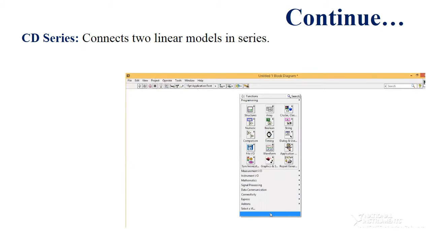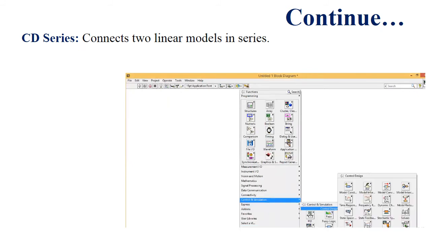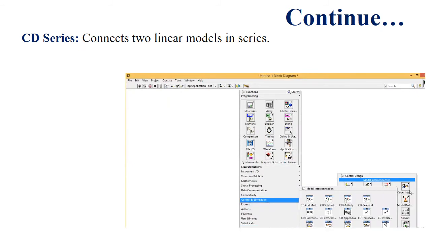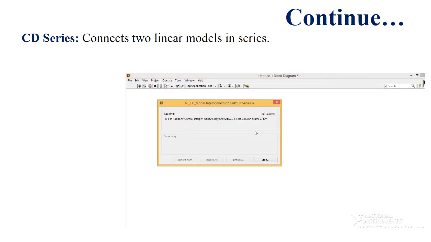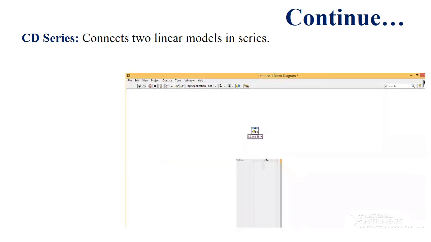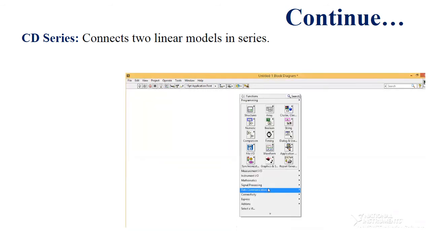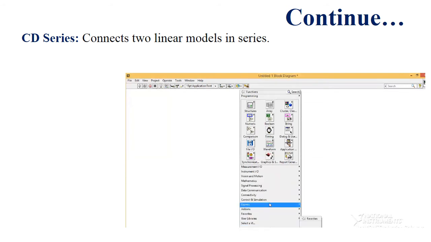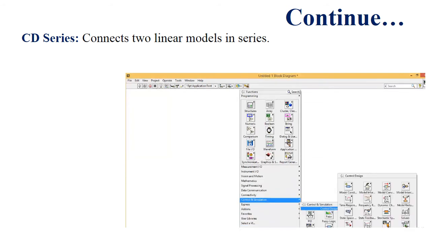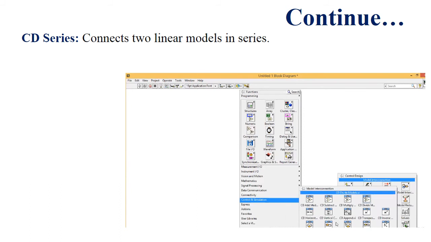Another icon we will use in the block diagram of LabVIEW software is CD Series. CD Series connects two linear models in series. The system models either must be continuous time models or must have the same sampling time if they are discrete time models.